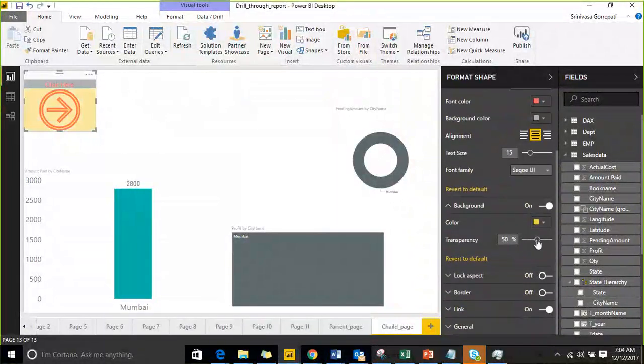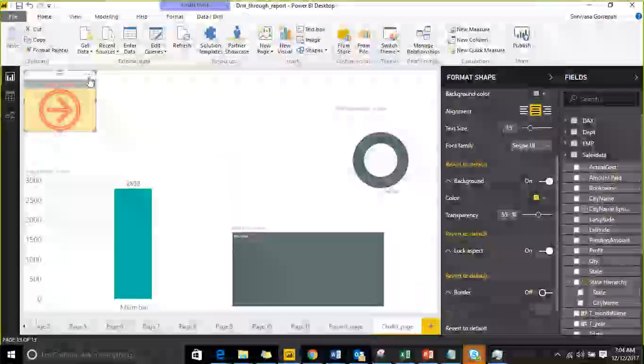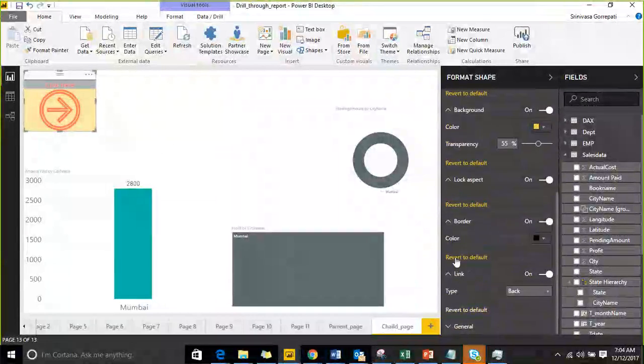Transparency is nothing but what thickness level you want. Lock aspect, we don't have anything. Border, if you want to provide a border for that visualization, you can create a border. And link, whether you want it to go to the parent page or not. By default it will allow you. If you don't want that, you can turn it off, so that even if you click on it, it will not redirect